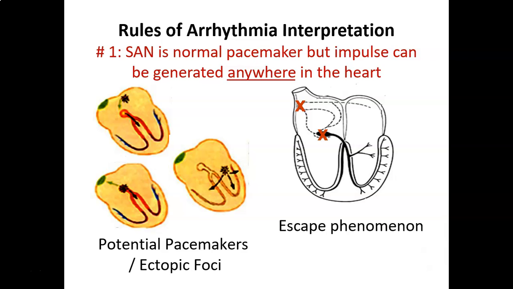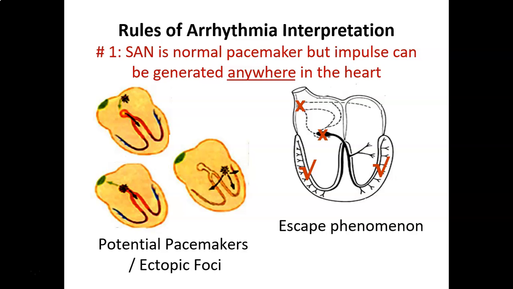There should be some area to generate the electricity, and the Purkinje system can also generate the electricity if both the SA node and AV node are not working. So this is called escape phenomena. These are the backup system. So these are the two main